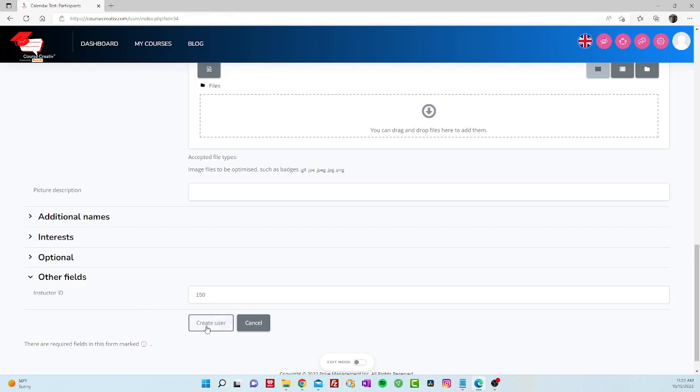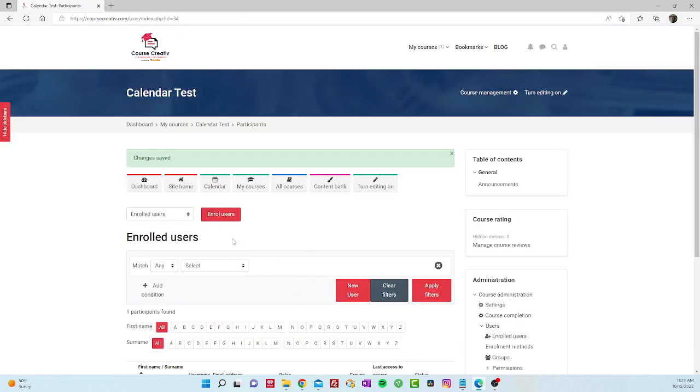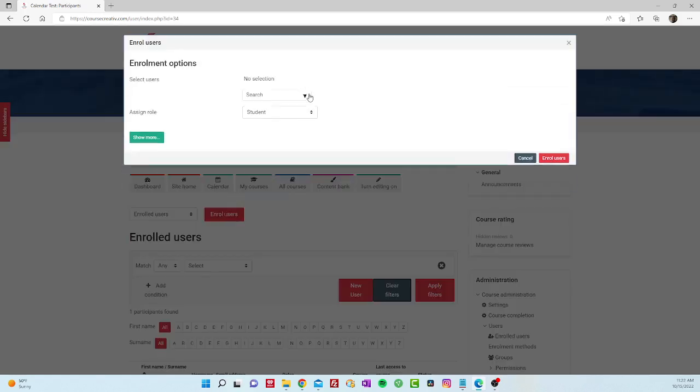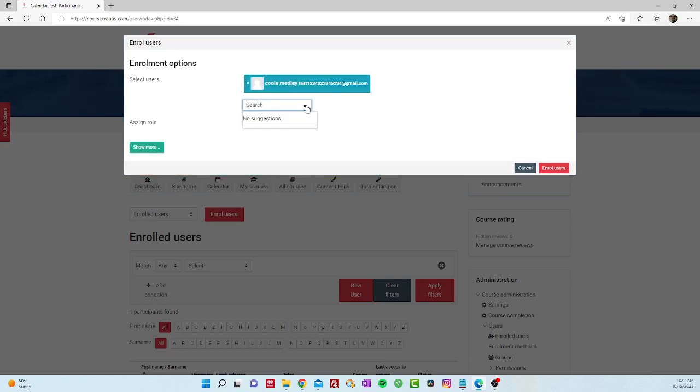We'll give it a second. Okay, now to enroll the user, you created a user. Now you got to go to enroll user and you'll see the user right here. So you'll select it and now you can choose what role you want them to be in. Right here, Course Creative